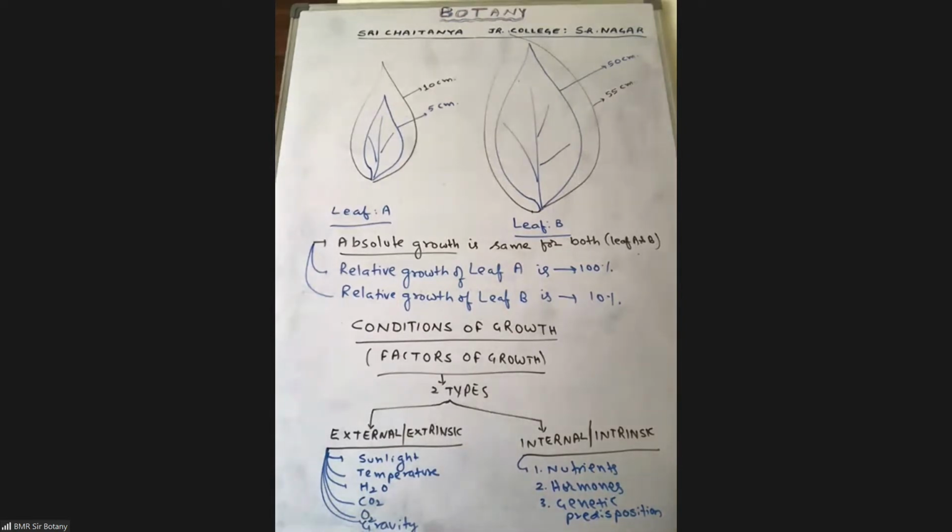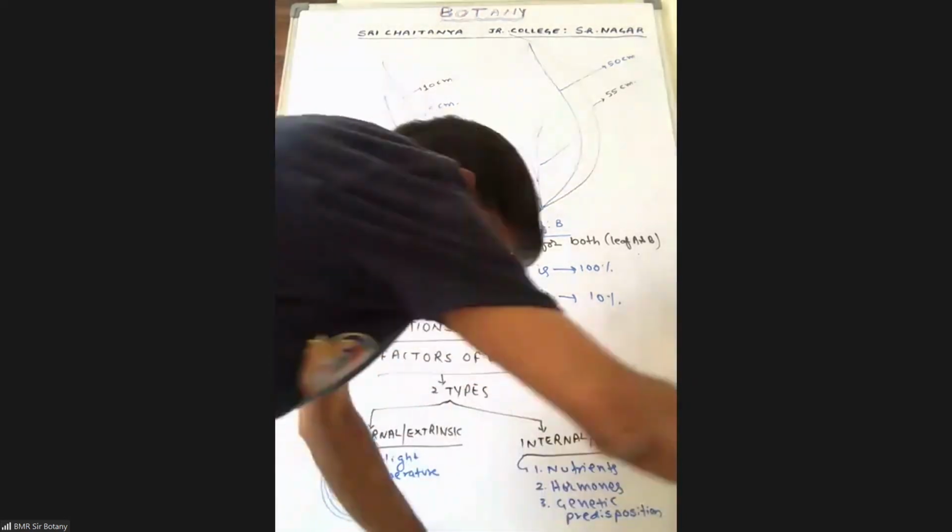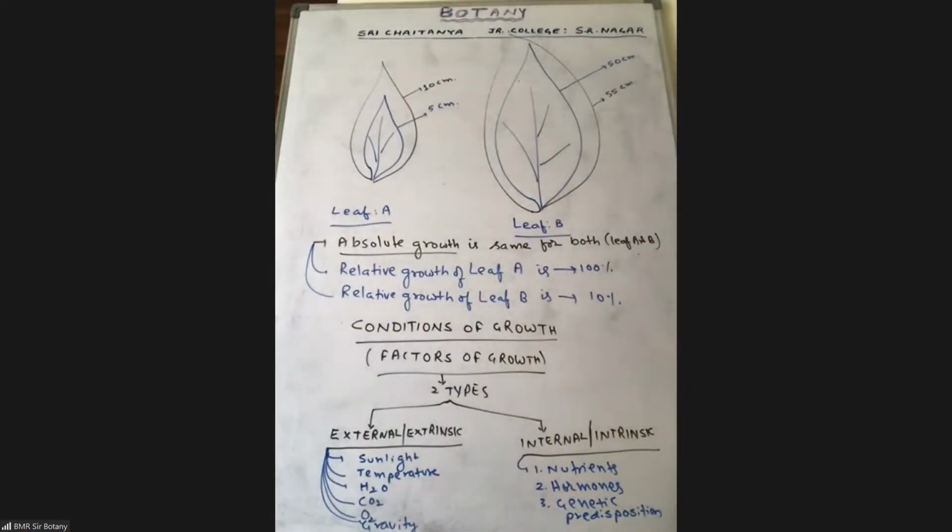According to the chemiosmotic hypothesis, what is the driving force for ATP synthesis, Nana? Proton gradient. Protons concentration gradient between which two parts in a mitochondrion? Intermembrane space and matrix. There must be more protons in the intermembrane space, less in the matrix. Then only, while breaking the concentration gradient, when they are moving down the gradient, ATP formation occurs.